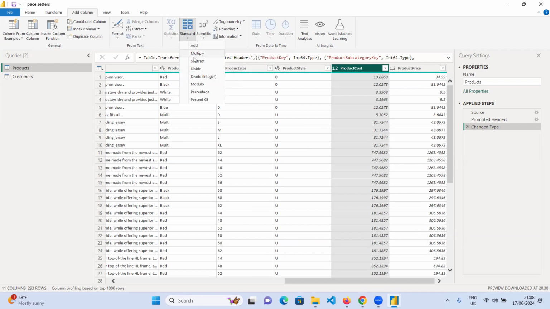And then here we are. We have add, we have multiply, we have subtract. We have divide, modulo, that is like absolute, percentage, and what is it called? Percentage of. Okay, so